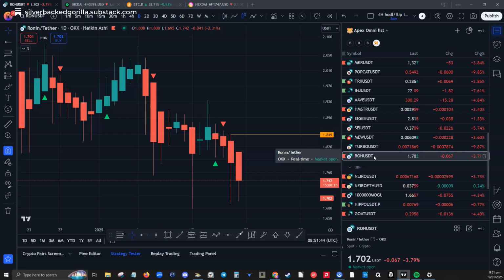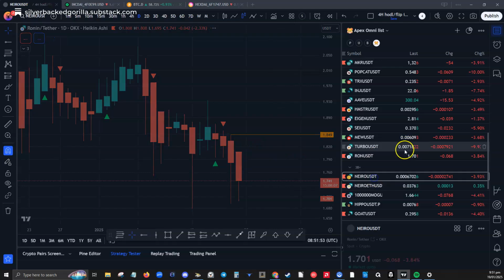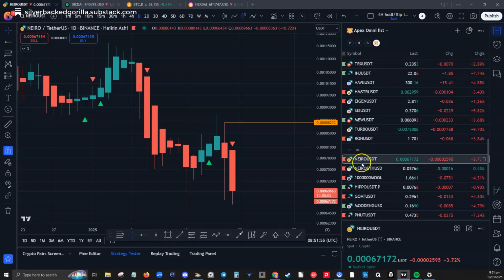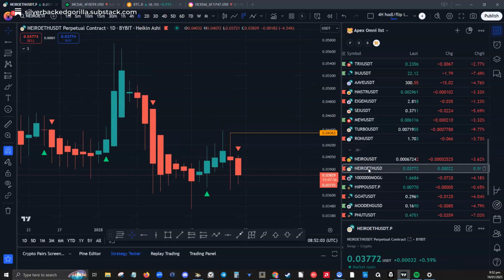Ronin. That's an active short. So basically, the stop loss level is $1.85 round off, and it is actually an active current short. Nero is an active current short. The stop loss level is 0.00888233, as it says here again in the orange. Nero Ethereum USD current short again. In the orange there, the stop loss level is